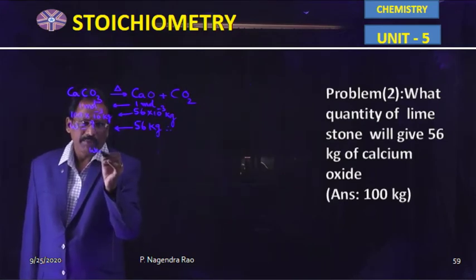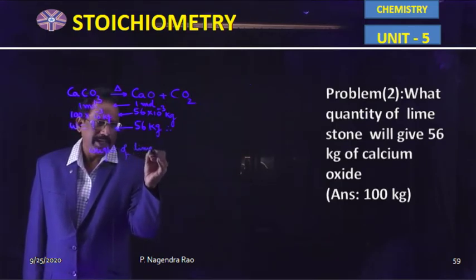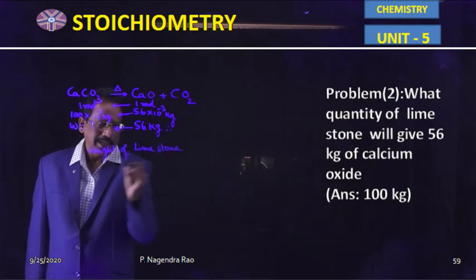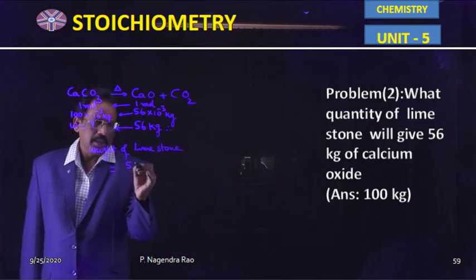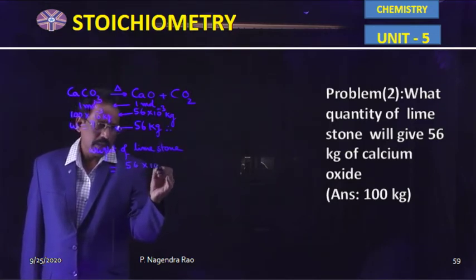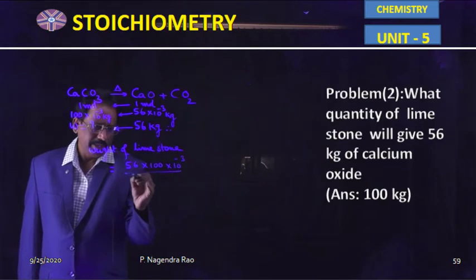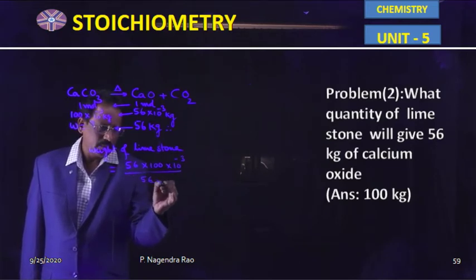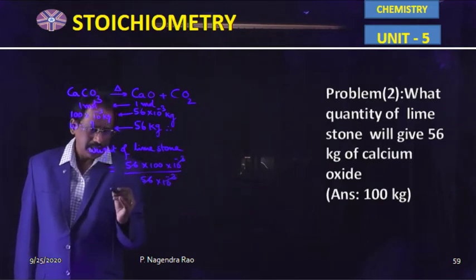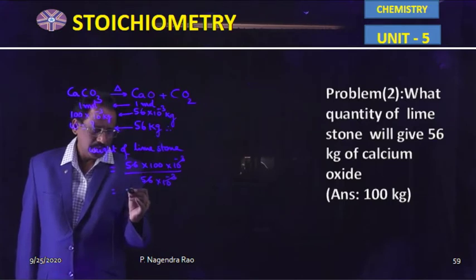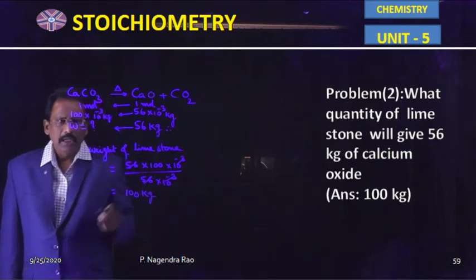Therefore, the weight or quantity of limestone, calcium carbonate, is equal to 56 into 100 into 10 power minus 3 divided by 56 into 10 power minus 3. So the answer is the weight of limestone is equal to 100 kilograms. So this is also another example of